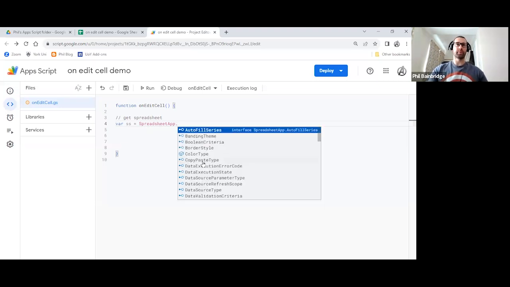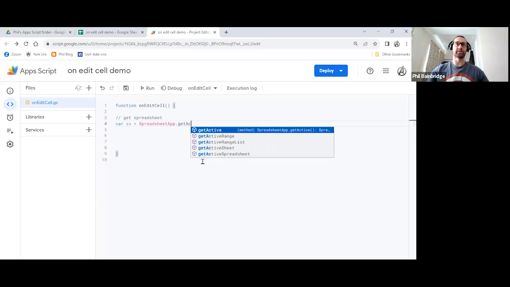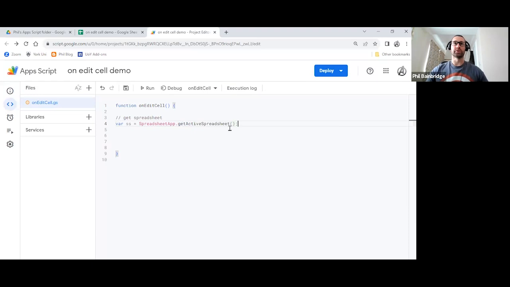If we put a full stop in for the method, we need to get the active spreadsheet, basically, is what we're doing in the first instance. So if I start typing in get act, we can see there's a few options, and one of those here is the active spreadsheet. Because basically what we wanted to do is target anywhere in the spreadsheet itself, not a particular sheet name, but anywhere that somebody could be typing. So just remember your open and close brackets and your semicolon to end the line. Click save to check you're happy.